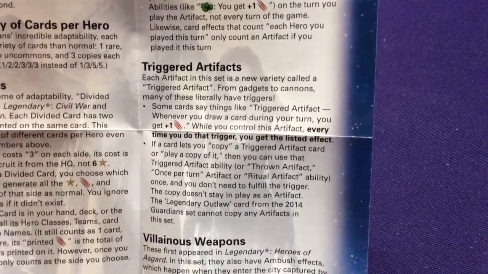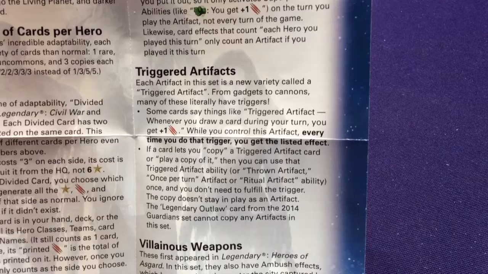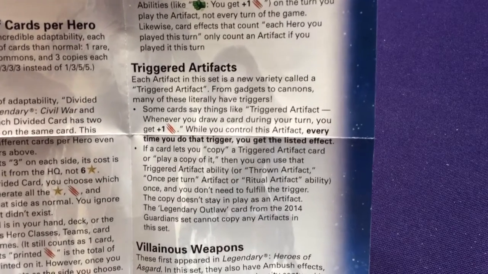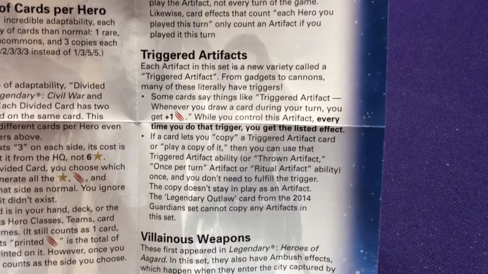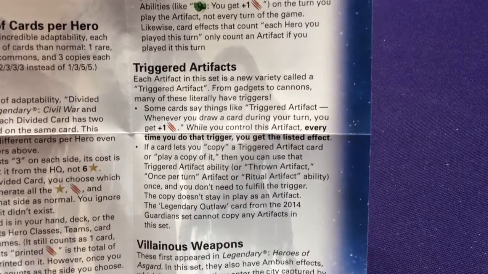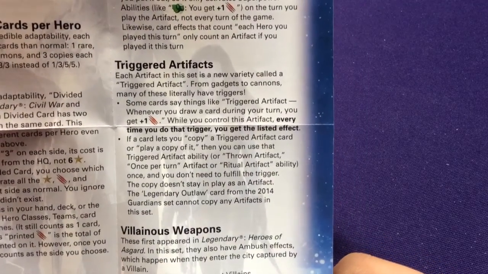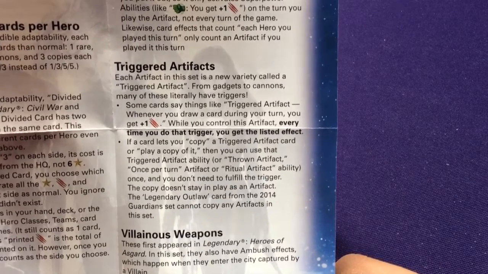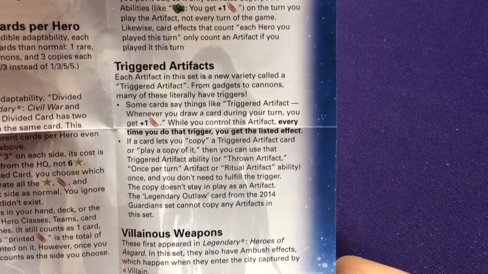Doctor Strange had some of the stuff like this. Once per turn, this copy doesn't stay in play as an artifact. The legendary yellow card from the 2000 cannot copy any artifacts in this set. Interesting. Card lets you copy a triggered artifact or play a copy of it, then you can use that triggered artifact's ability to throw the artifact once per turn, artifact or ritual artifacts. So throwing artifacts were from...